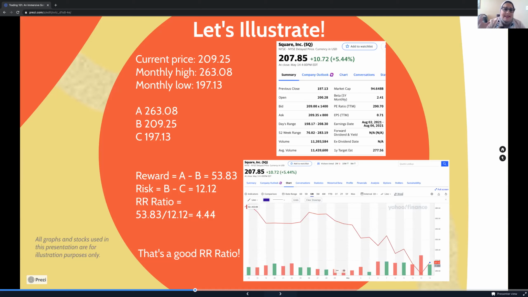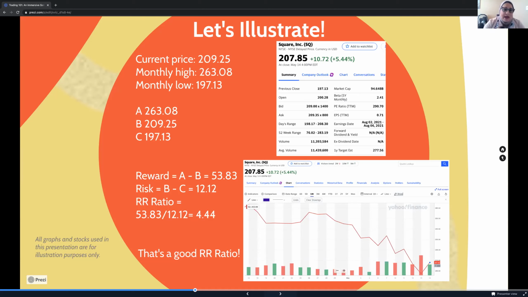Now, if I'm looking for a day trade, and I'm not a day trader, then I might actually look at the 1-week chart and compare where it is now to the high and the low of the week. But 90% of the time I'm looking at a 1-month chart. So we're going to go through an example, okay? Because in my opinion, the most important thing is to be comfortable with the ABC